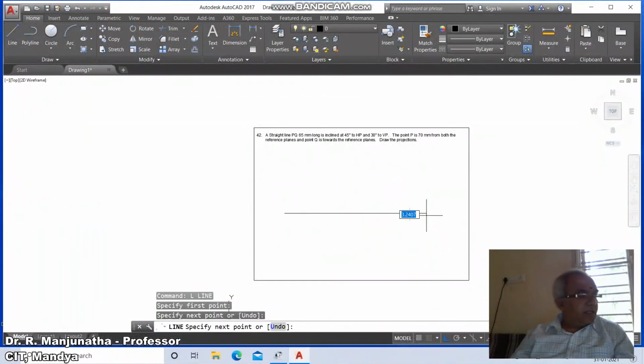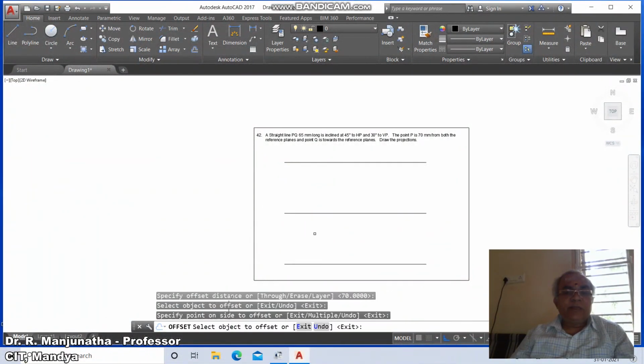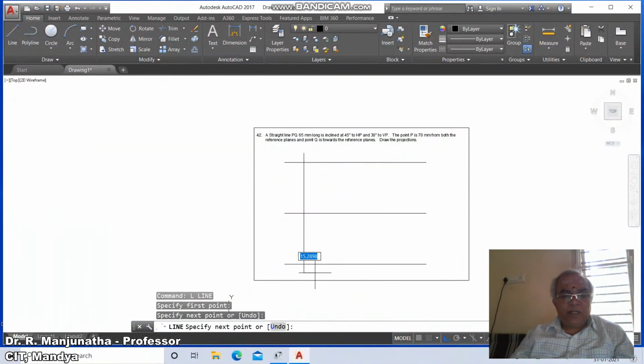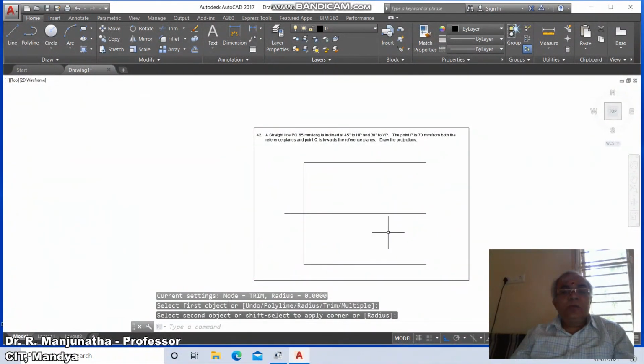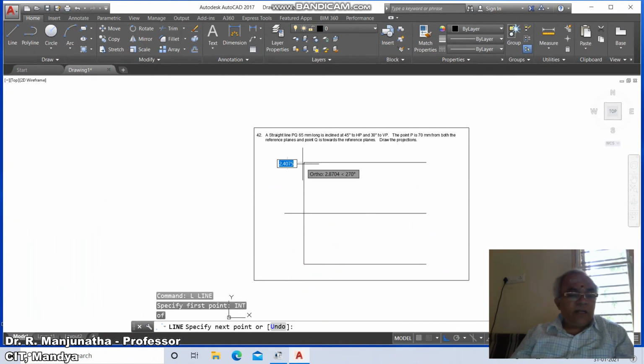Then go to offset and type the distance as 70 from here, 70 mm, and also from here you take 70 mm. Then go to line, draw a line, consider any point and draw a vertical line passing through these two horizontal lines. Then go to fillet between this line and this line, similarly between this and this. Now go to line and take the intersection, and from here at the rate, so here it is 65, less than minus 45 degree.